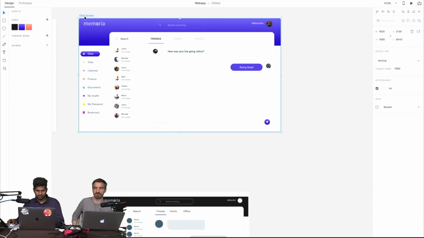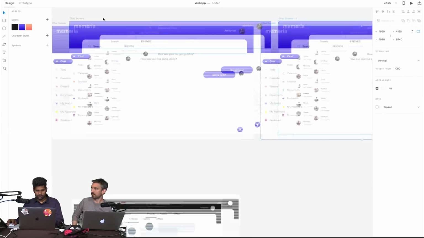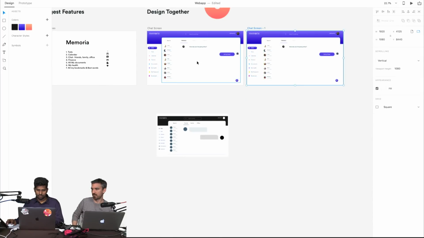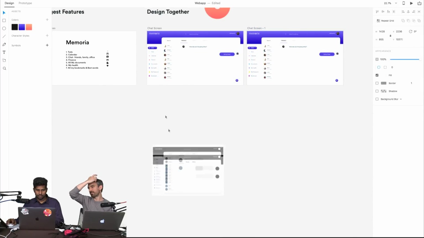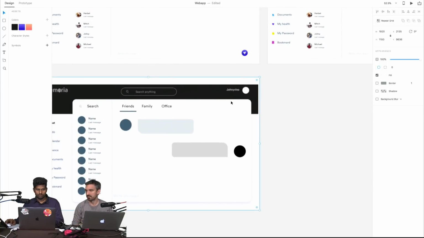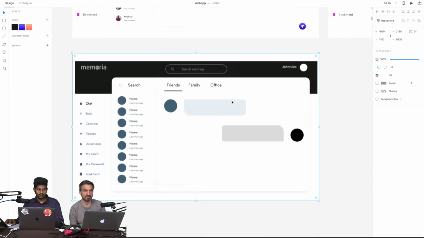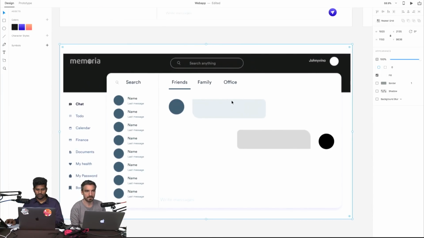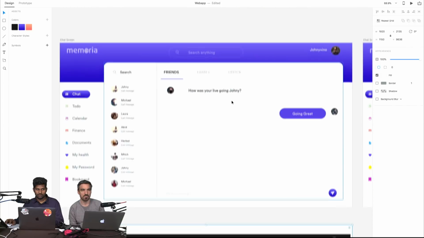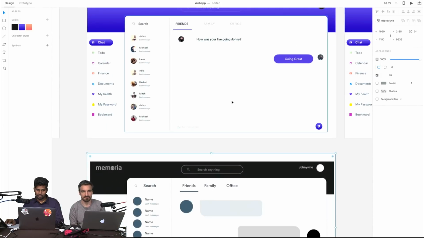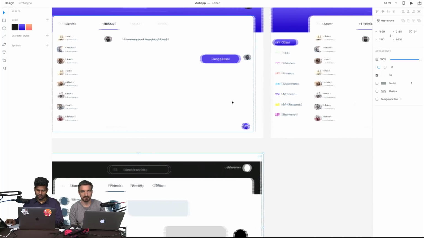For chat, I believe I can quickly do some prototype. I can copy the artboard 3 times so that I can show the interaction. So we can also show how we derive from wireframe to visual. This is the wireframe we decided at the beginning of the show, then we made this visual. It looks much better. We didn't change anything, the layout base is the same, but visually we changed.